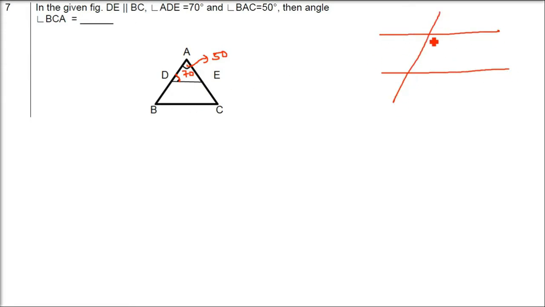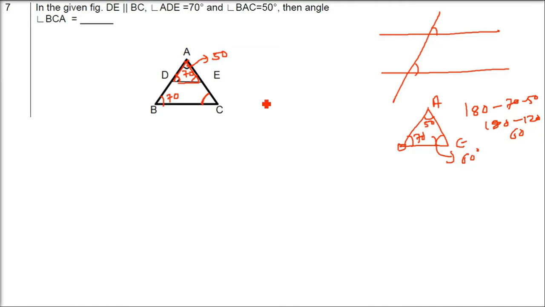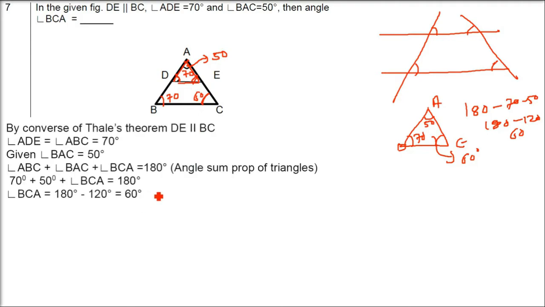Okay, when two lines are parallel and there is a line intersecting them, then these corresponding angles are equal. So this is 70, this is 70. So if we find out, this angle will be found. That is, AED and ACB are equal. I'm taking AD. This is 70, this is 50. This is given in the question. What is the angle AED? 180 minus 70 minus 50, because of the angle sum property, 180 degree. So this angle is 60 degree. And when this is 60 degrees, same concept applies here, corresponding angle. This will also be 60 degree.